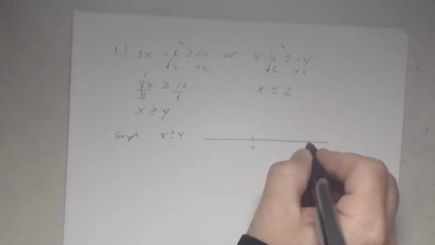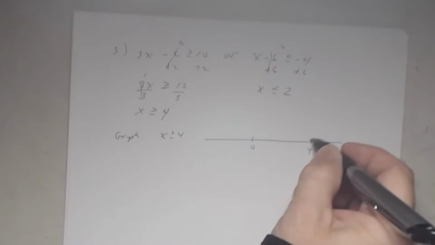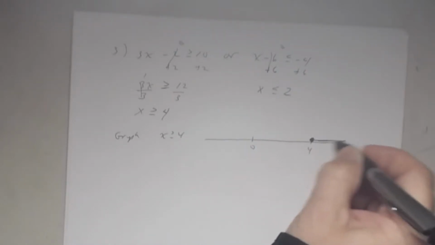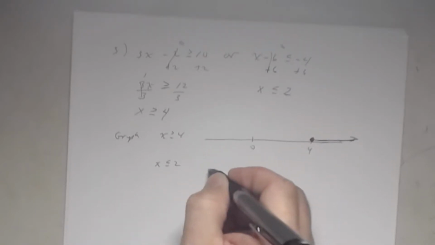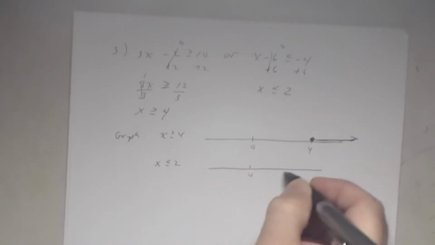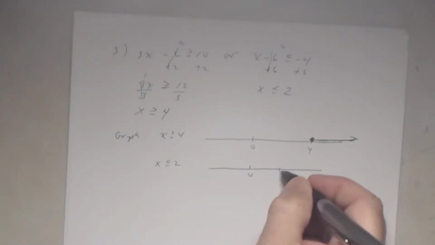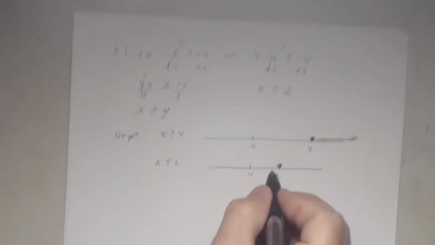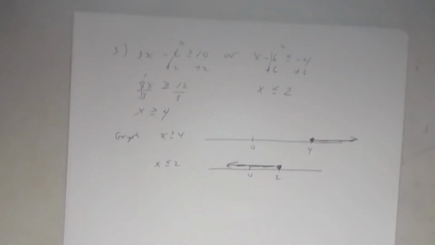So here's 0, here's 4, open or closed, going which way? To the right. Okay, the next one, x is less than or equal to 2. Here's 0. So I'm going to put 2 between 0 and 4, right? Open or closed? Closed. Going which way? To the left. All right, now if this was an AND statement, though, what would the solution be if this